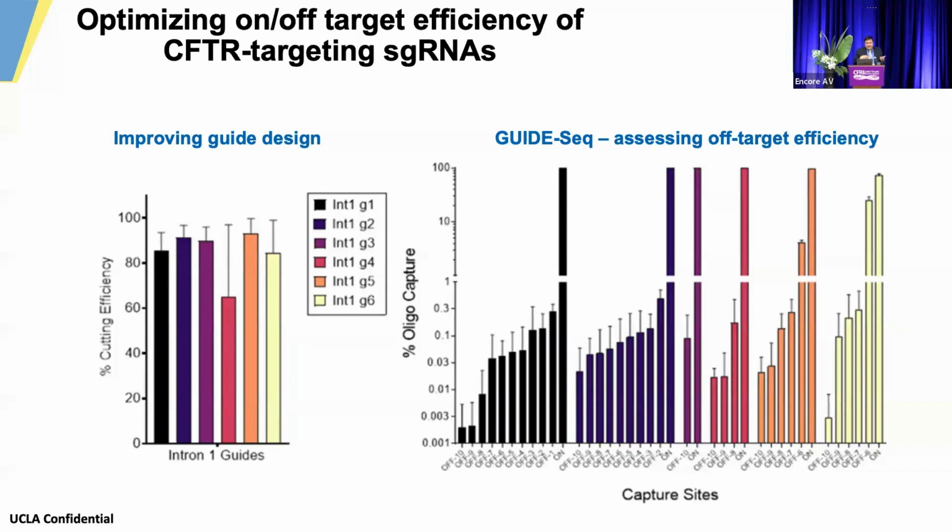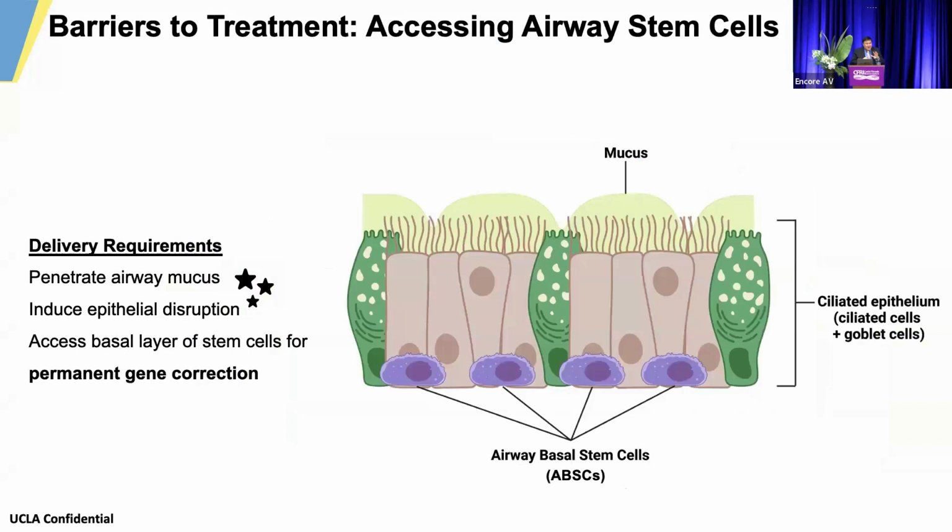We use a technique called guide-seq to establish whether or not that cut is on target versus off target. Based off of that analysis, he has a set of guides that have minimal off target based off of his initial studies in what are called 16 HBE human bronchial epithelial cells. And so more on that from him to come. But